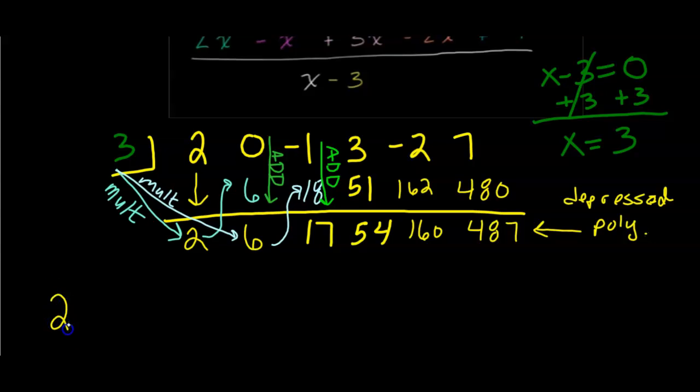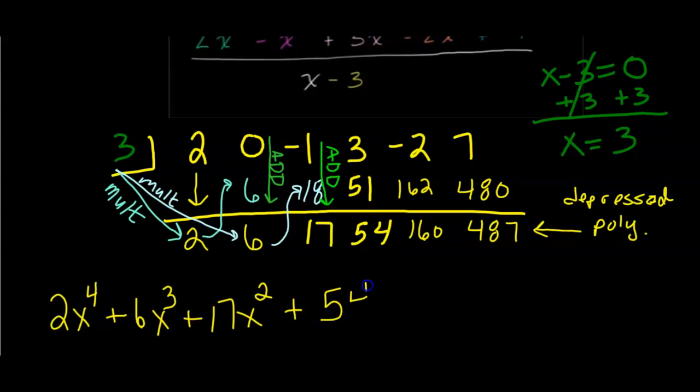So the answer is 2x to the 4th plus 6x to the 3rd plus 17x squared plus 54x plus 160. And then this last number here, this is our remainder. So we're going to write our remainder just like we did when we were doing long division. This is a positive 487. So we would put plus, and we're going to have a fraction, 487 over our divisor, which was x minus